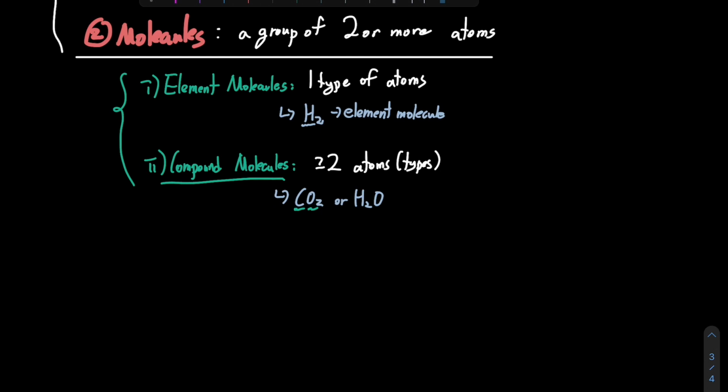On the other hand, for element molecules, there has to be only one type of atom, although there may be more than one of those atoms. So basically,